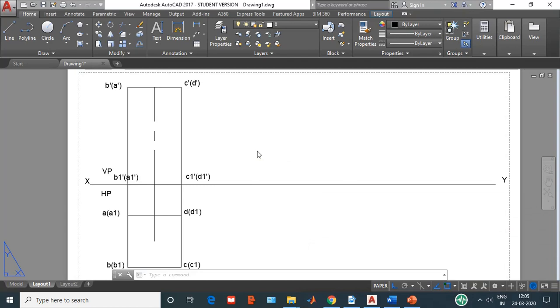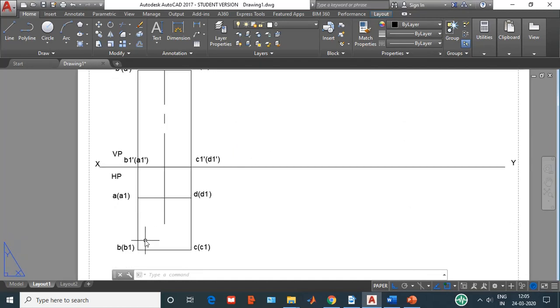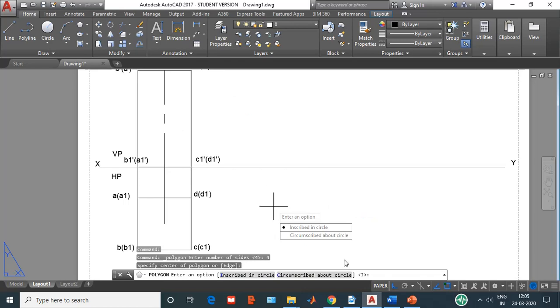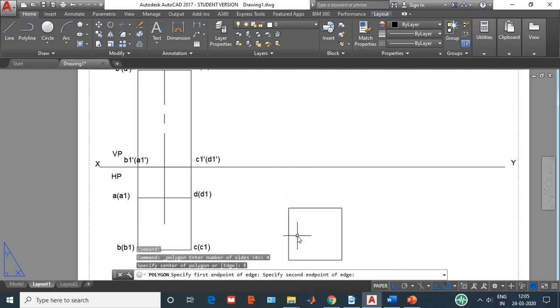Now before I go to second position, a question may arise in your mind that in this particular problem I have started with respect to square lamina edge resting position. Why is that edge is on this left or right hand side? Why not it is in other way like the rhombus? For example, I will just show you here. Yes, so polygon, number of sides 4, edge 35.